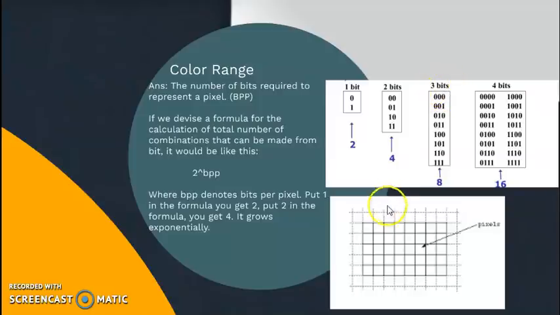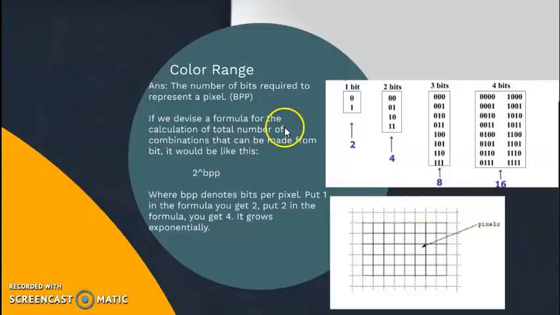If I go in for 3 bits per pixel, so every pixel using 3 bits, how many combinations can I get? 8 combinations. And if I'm using 4 bits per pixel, how many combinations can I get? 16 combinations. This is about your normal binary combinations. That means if this is n bits, then 2 raised to n is the maximum number of combinations that you get. So it is 2 raised to 2, 4; 2 raised to 3, 8; 2 raised to 4, 16. So that is how I get binary combinations when I apply it to graphics for bits per pixel.